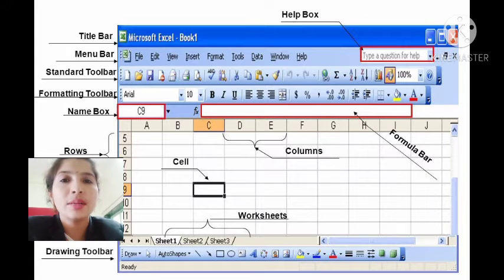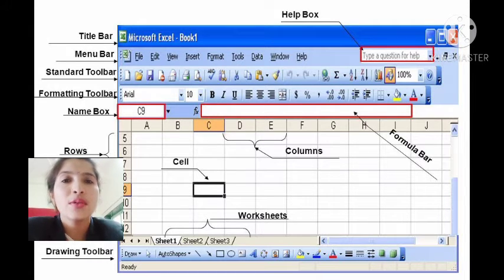And on the title bar, 3 buttons are there, like minimize, maximize and close button. With the close button, we can close the program. With the maximize button, we can increase or decrease the size of the window. And with the minimize button, we can minimize the window on the taskbar.